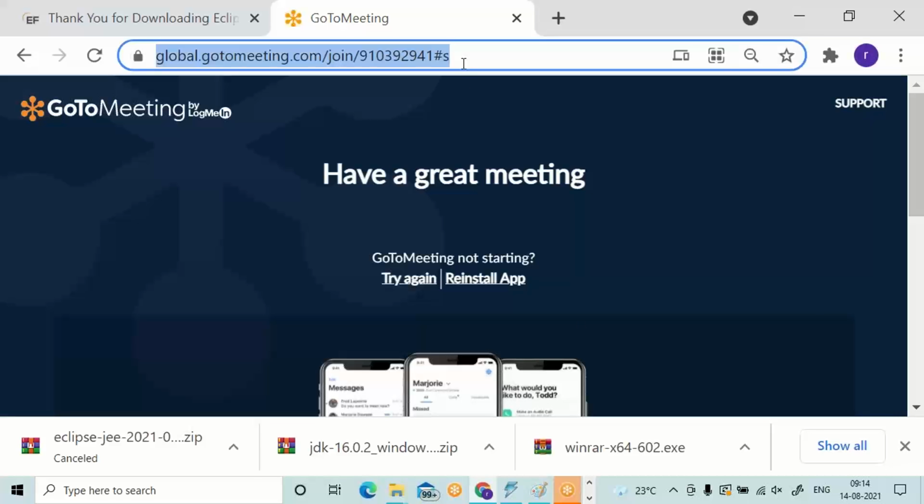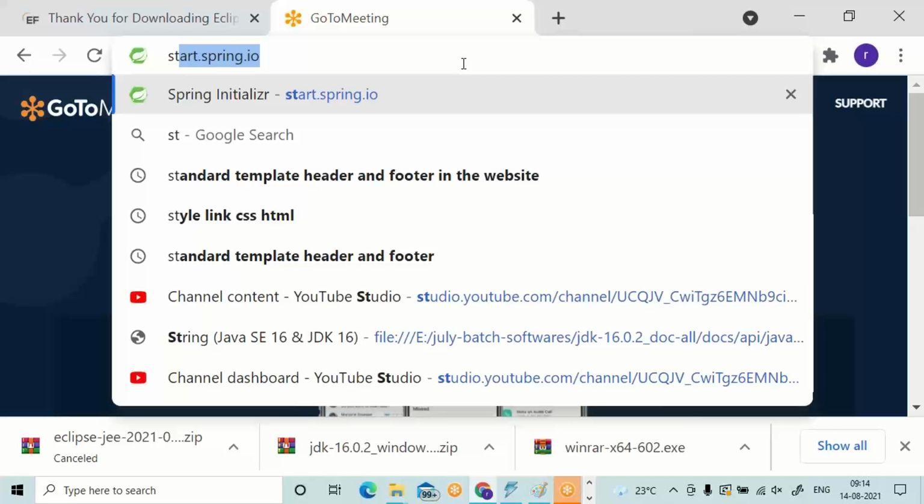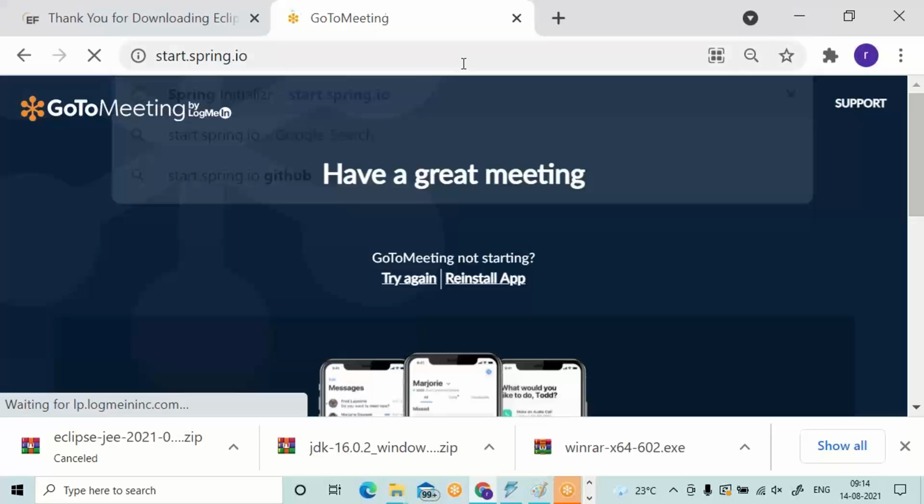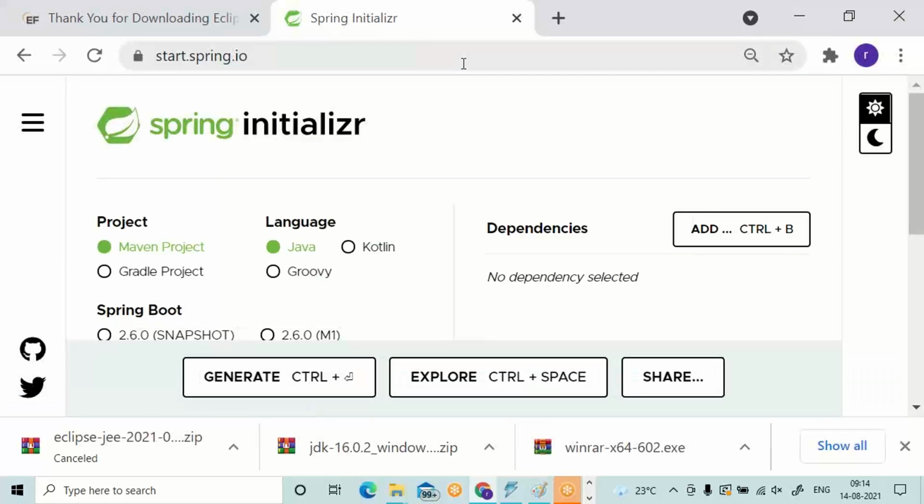Open a browser, go to start.spring.io. Everybody, start.spring.io. Enter. This is the Spring Initializr.